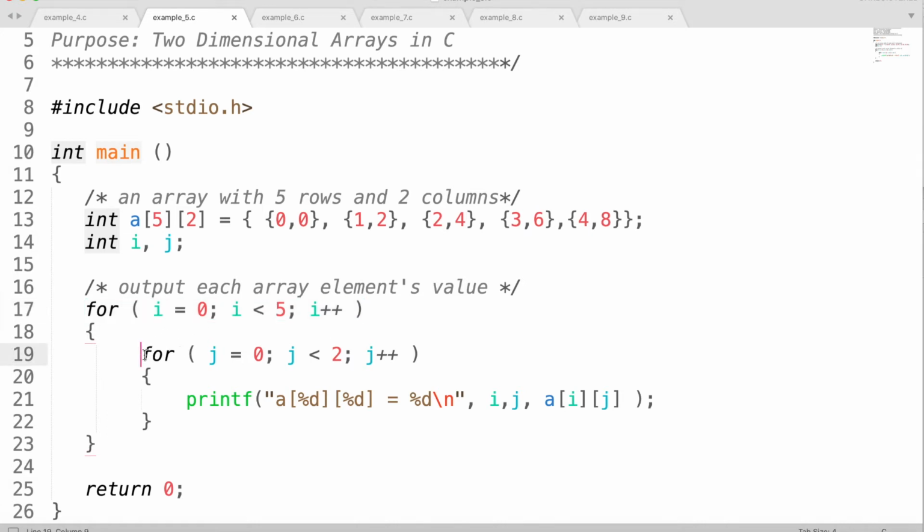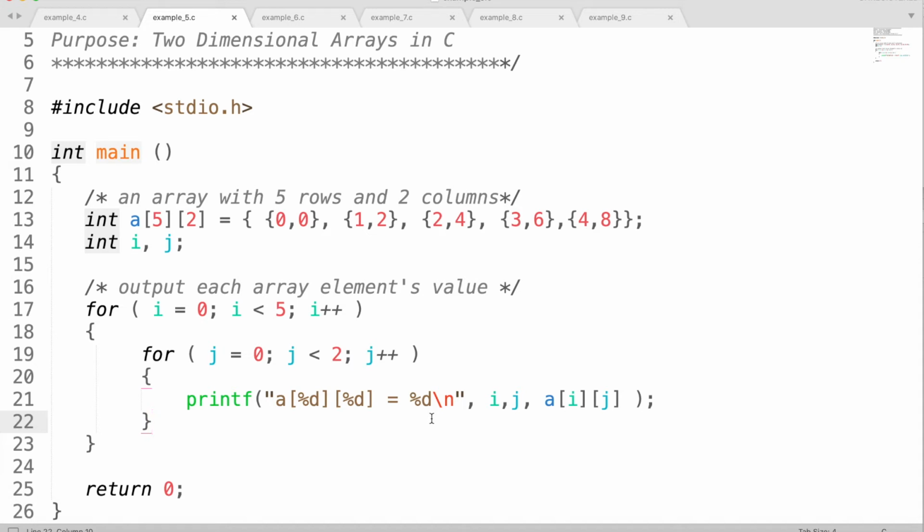Then in order to access the column index, we have to have another loop inside our outer for loop. That will access the individual column in that particular row that we have previously looped through in our outer loop. So that is how we can traverse through the two-dimensional arrays. Actually, in order to traverse through a two-dimensional array, we need to have two for loops or two while loops, right? So that is how we can access 2D arrays.